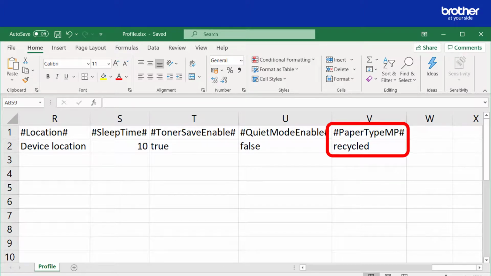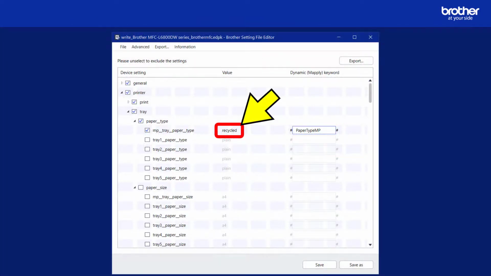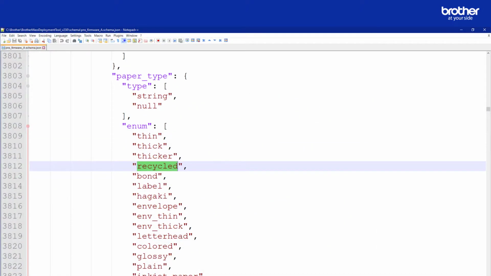This is where I specified the paper type for the multipurpose tray. Since I originally selected this option from a drop-down menu when I pre-configured my device earlier, I needed to type the word recycled in a specific way. This is why I pre-configured my Brother device earlier, so I could see how the value needed to be typed. Alternatively, I could have searched the schema file for it and found all the other supported paper types as well. Please note that these setting names are always in English when typing them into your